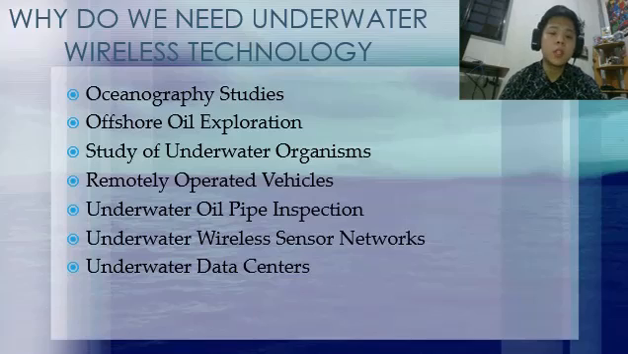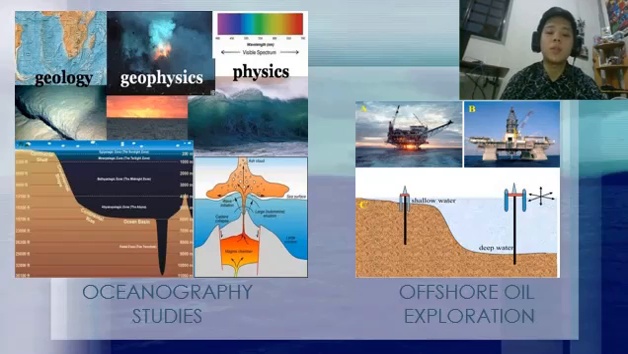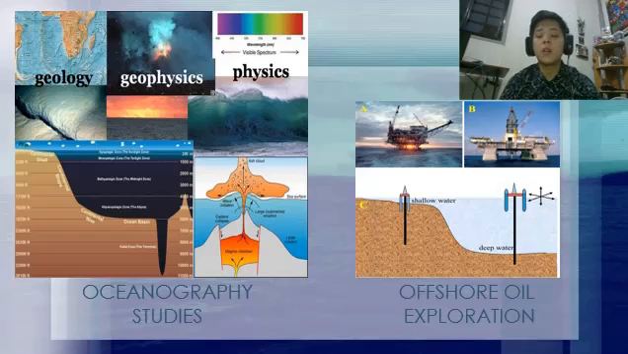So, the first thing that we need to ask, why do we need underwater wireless technology? Well, it is used in a variety of ways in oceanography studies, offshore oil exploration, study of underwater organisms, remotely operated vehicles, underwater oil pipe inspection, underwater wireless sensor networks, and underwater data centers. So here we have two examples on the left side, oceanography studies, and on the right side of the screen,